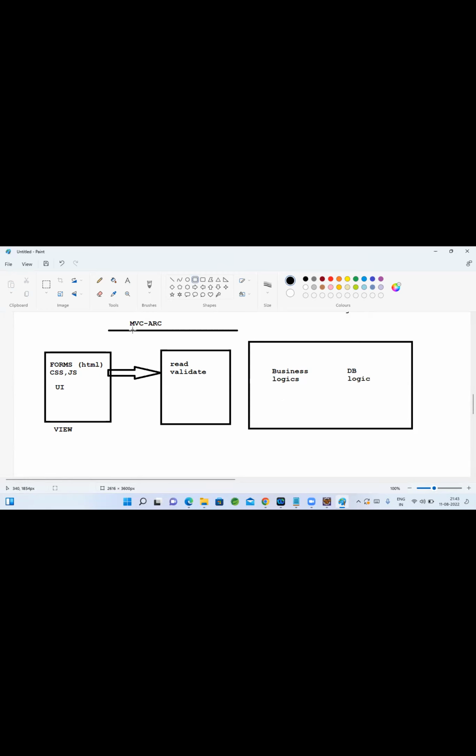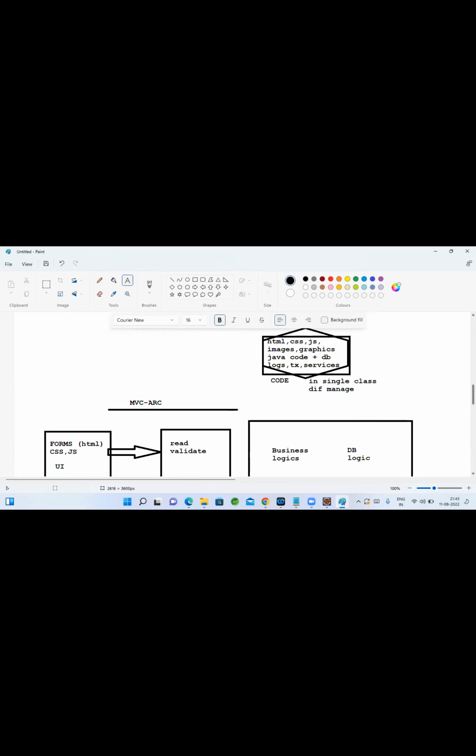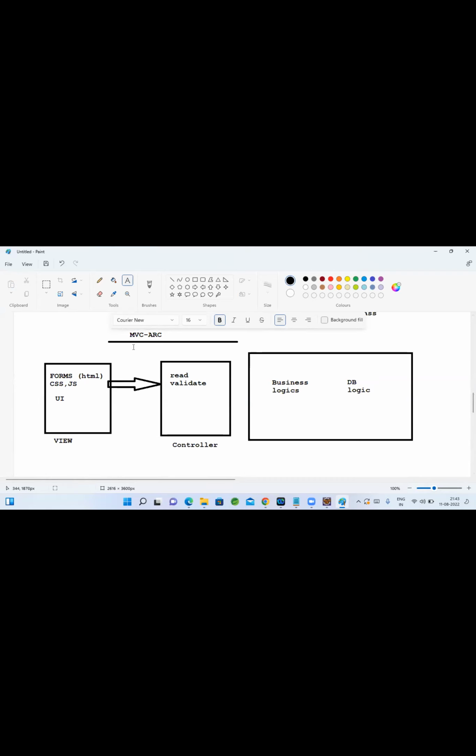It is recommended that, when you write code, you create a reusable component wherever possible. So at the backend side we implement multiple classes. Whoever reads the data, we call it the controller. As part of MVC, which stands for model view controller, we have view components for forms and all. When we submit this view component data, we read it through the controller component just to read and validate it. If you want to do any security operations or data validations, we can do them there.